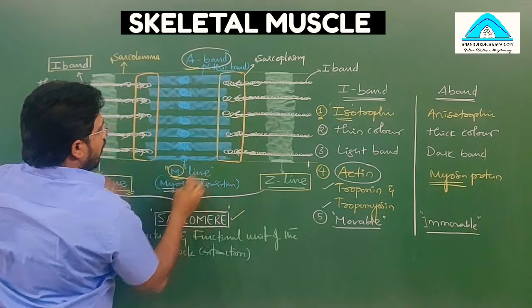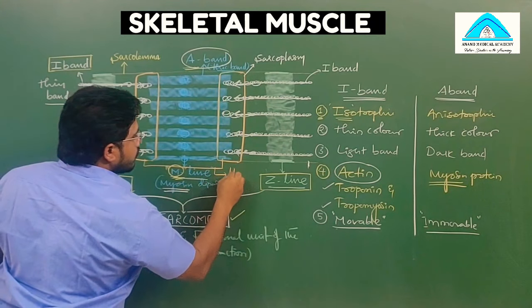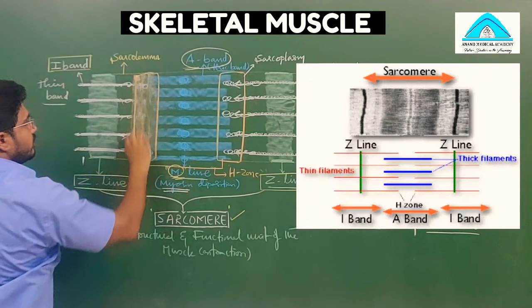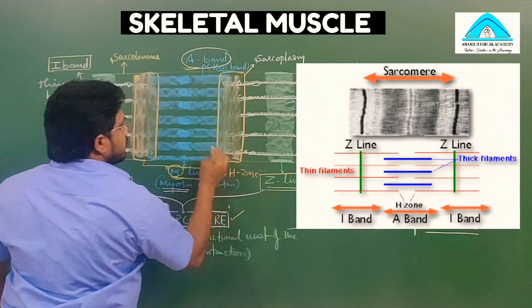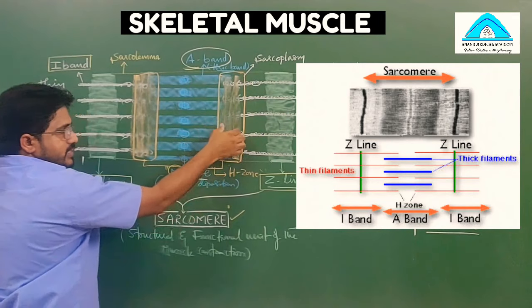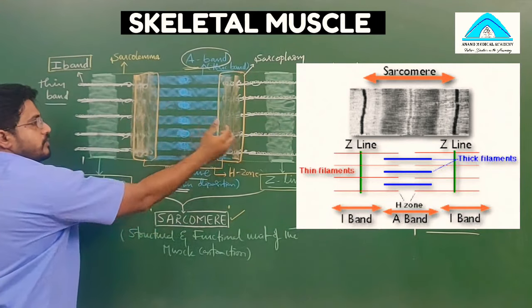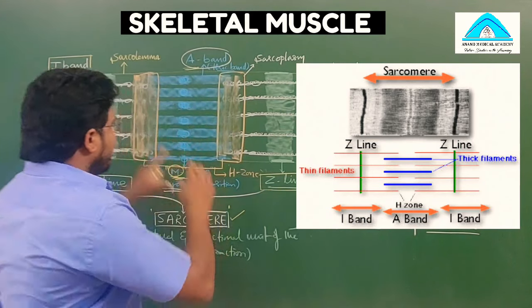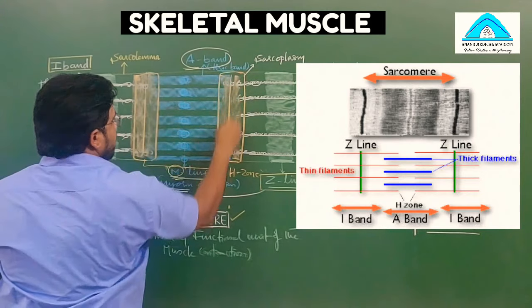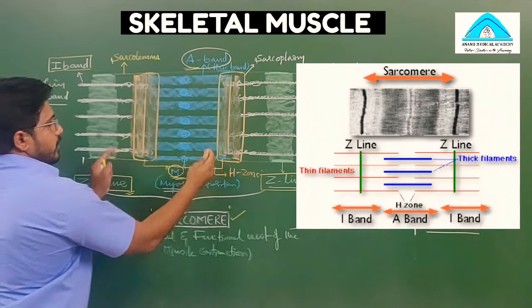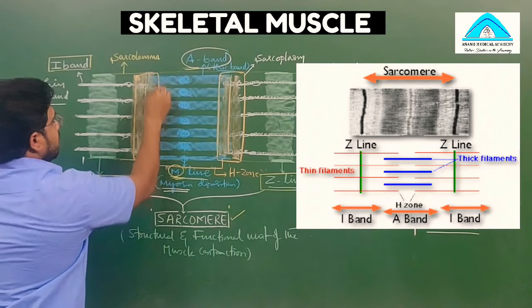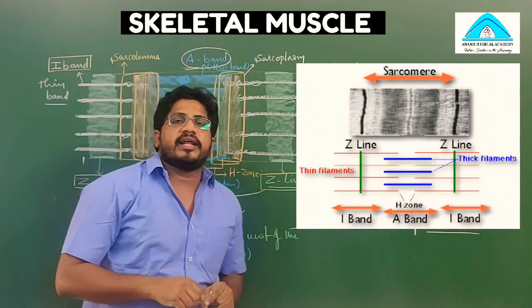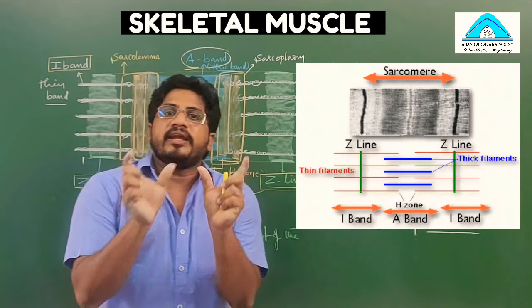This area is called the H zone. What is that? H zone. It looks like H, no? See the color combination. This is dark and this is light. Together they have some mixed combination, on this side and this side, both sides. In microscopic observation, that looks like H. So many bands are there. This H size will be increased as it is overlapping from both the sides. So during muscle contraction, H size will be increased.